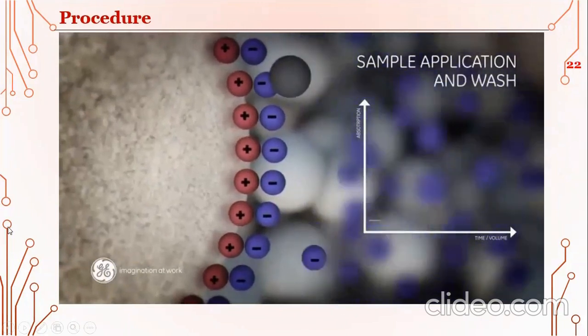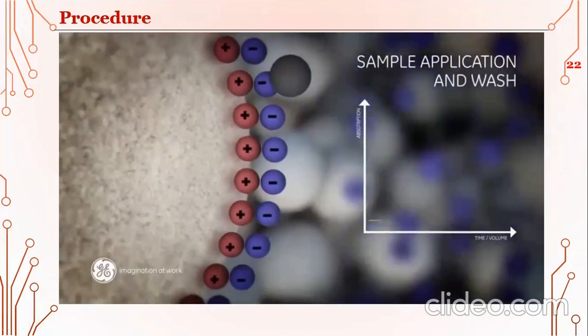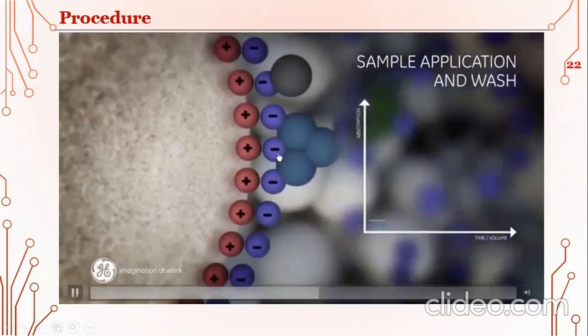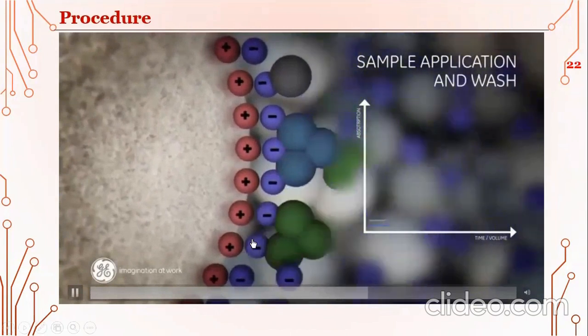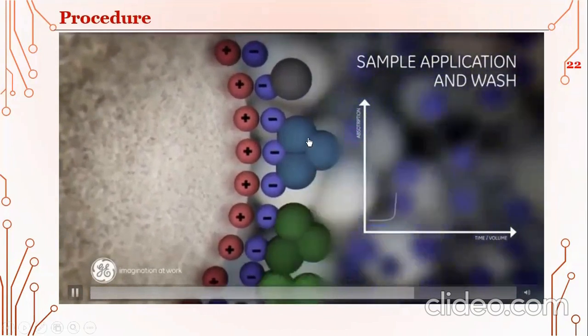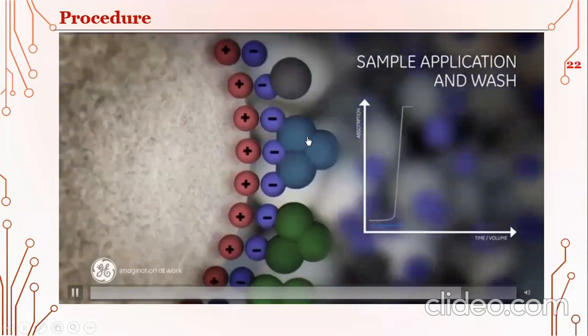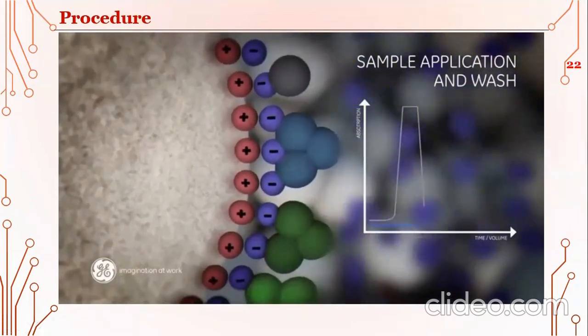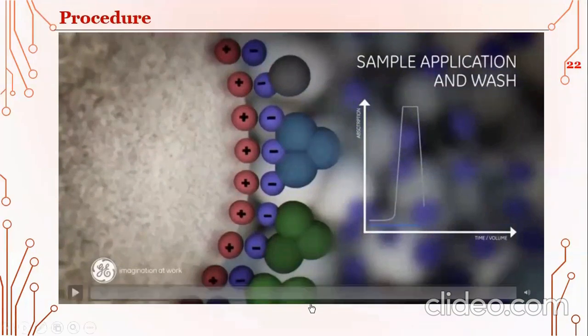Now this is the sample application and wash. So now the sample is applied. The sample will contain the functional group, and that will replace the other charges. Is it clear? Yes, sir. Okay. And in the third step,